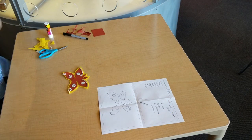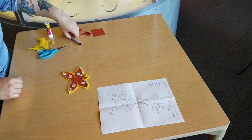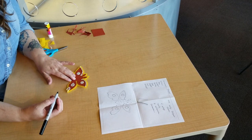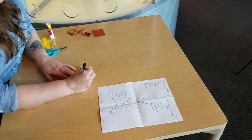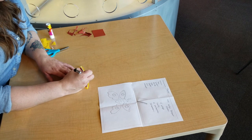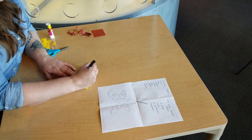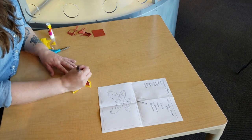Looking at my moth, I realized I feel like there's a little more decoration I want to do. So I'm going to use my pen and I'm going to add some details to the antenna. A little bit of